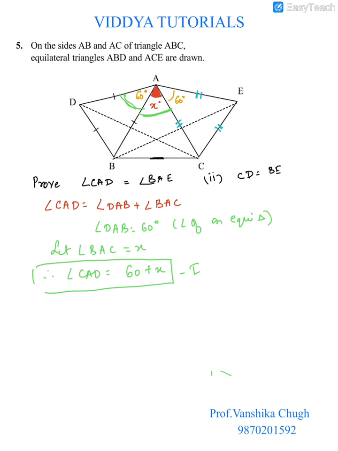Let's come to the other angle, angle BAE. Again, BAE is made up of this angle, which is BAC or x, and angle CAE. It's made up of two different angles joining together. So I can write angle BAE is equal to angle